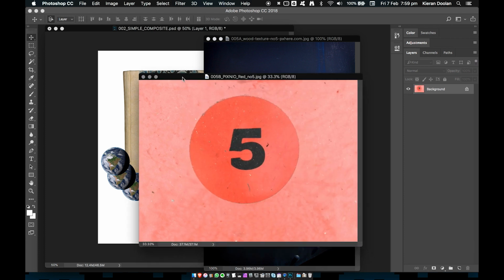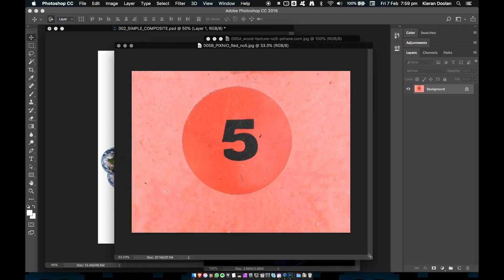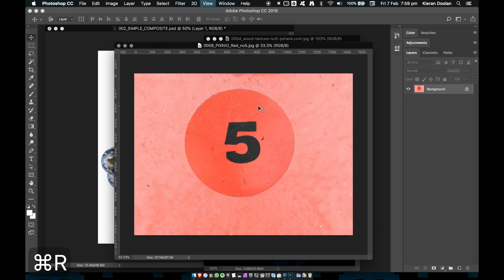area. In fact, we could do the exact same technique with this number 5. So why not give that a crack? Command R to turn on the rulers and drag and so on. That'll do the same sort of thing for us. However, if you're a bit more of a thrill seeker,